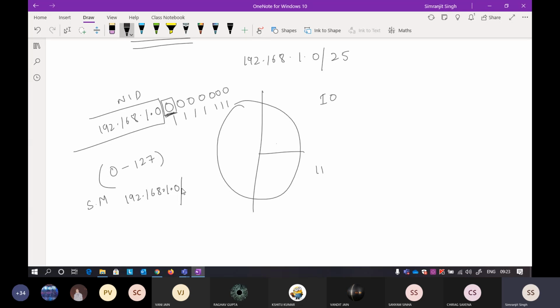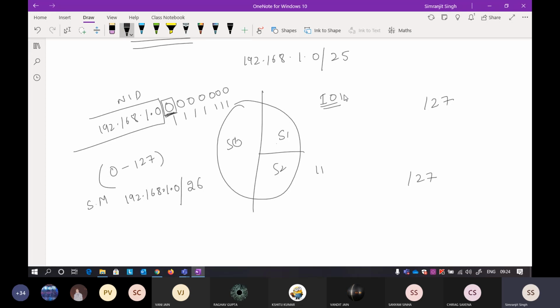So the slash part will be 25, which is already there, and you have to include the subnet ID part, so it will be 26. But here you have included 2 bits, so the slash here will be 27 and the slash here will be 27, because the 25 network ID part is already there. Since one bit is fixed, from 25 it becomes 26, and for this particular subnet, since 2 bits are fixed, it becomes 27. When you find the range, it will be very similar to what you already found in variable length subnet masking.